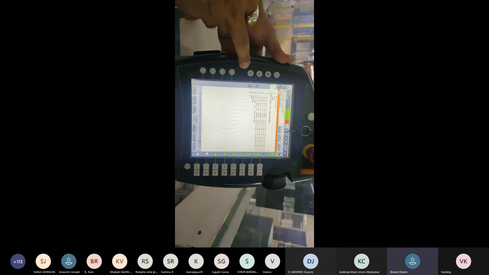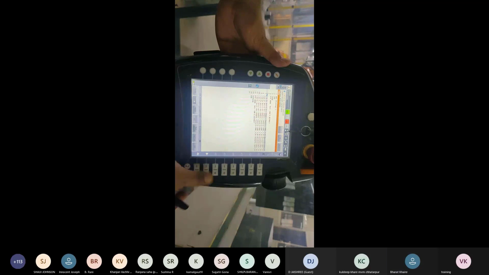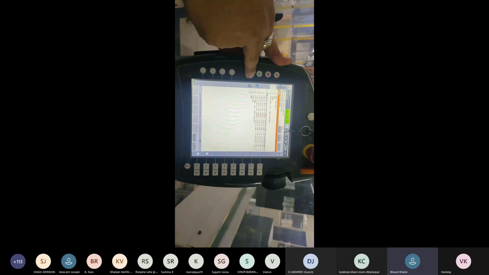Okay, you can see green light, but if we stop the program in between, the R tab will be converted to red light. So the meaning of red light is the program is selected and stopped somewhere in the middle of the program. But if the program task is completed, the color will be converted to black.